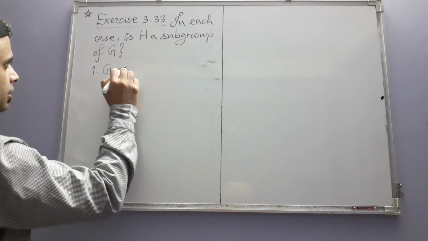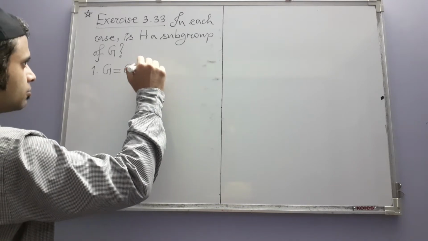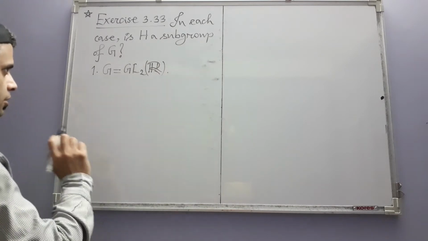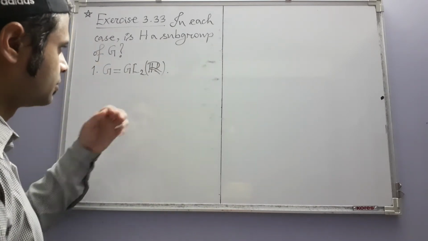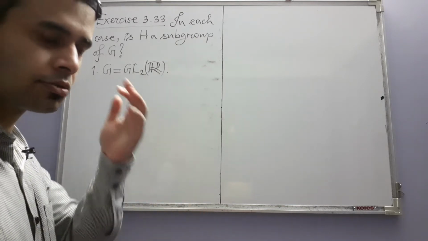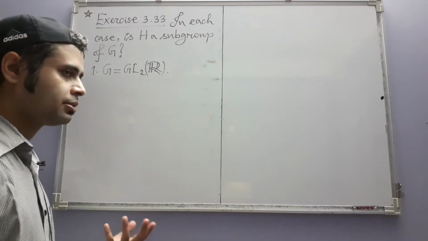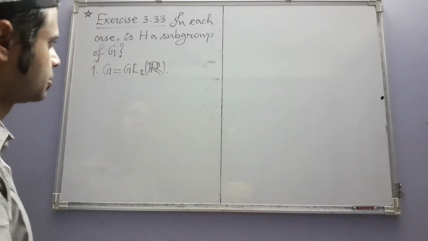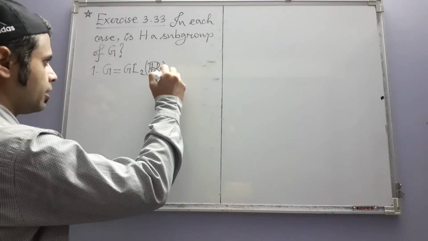In the first one, G is this group, the general linear group consisting of 2 by 2 non-singular matrices over the field of real numbers. That means 2 by 2 matrices with real entries which have non-zero determinants. And the operation is of course matrix multiplication, and